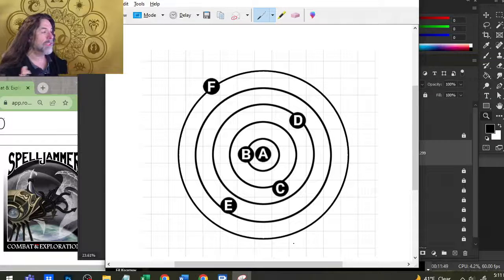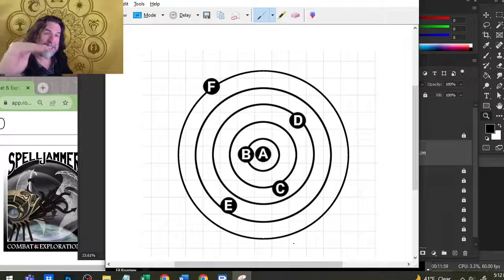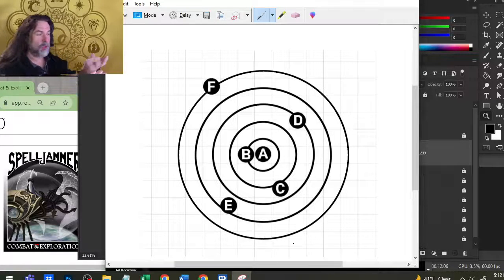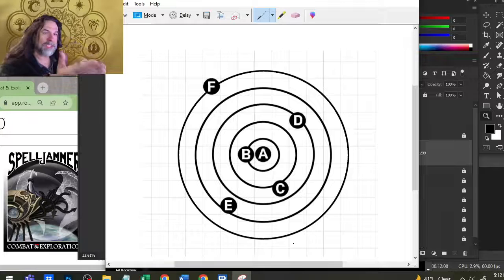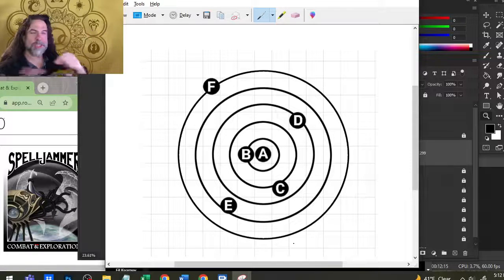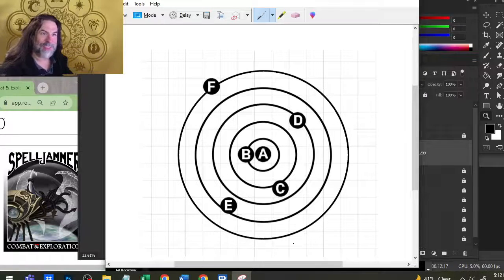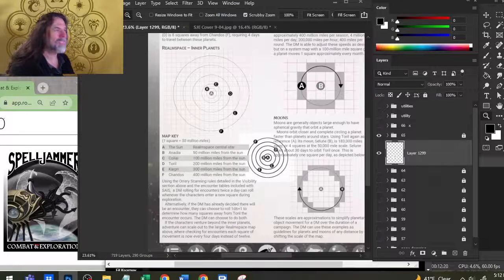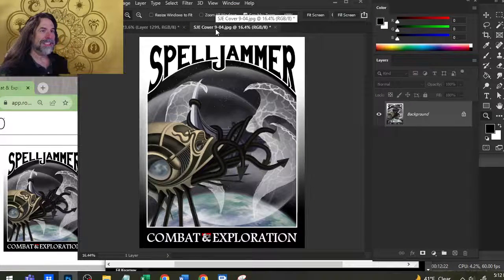Again, if you want to calculate separate speeds of orbit for each planet so they're moving at their own separate speeds, you can have a calendar that shows how many days you're going to move each planet, how many squares. You can do that if you want, but if you want to keep it really simple for yourself, just assume all planets can move 100 million miles in 30 days and that the scale of the map is going to be 100 million miles so that you can easily just move everything 1 square like that. So these are just some easy, simple tools to make life easier for you,